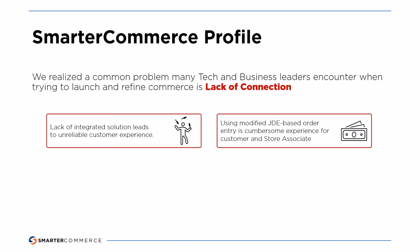What we came to realize was that a lot of tech and business leaders ran into similar challenges when they were trying to launch retail initiatives. Really, those challenges focused around a lack of connection. As we've been in this space for 20 years, we've seen that JD Edwards customers that have a physical presence, where they sell goods and services from a physical location, a branch, or for example a chain of retail stores,